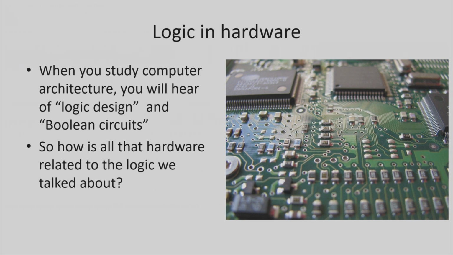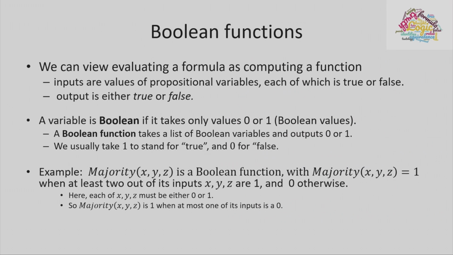So here is a connection. In hardware, people talk about Boolean functions. You make a chip computing a function. And what it means to be Boolean is you only have two kinds of values for all of your variables. Doesn't it remind you of something? In logic, we have variables that are true and false. Well, if you call your true a 1 and you call your false a 0, here you got a Boolean